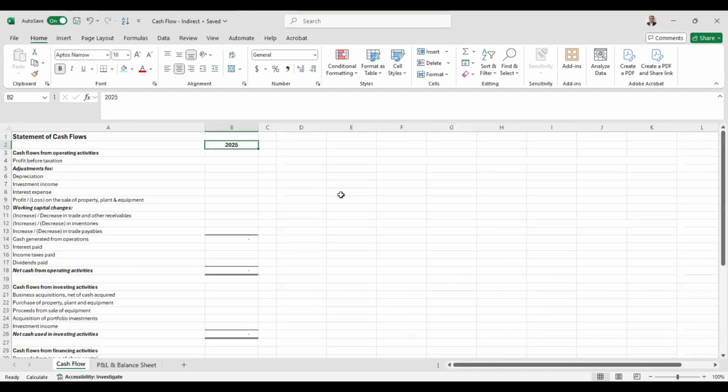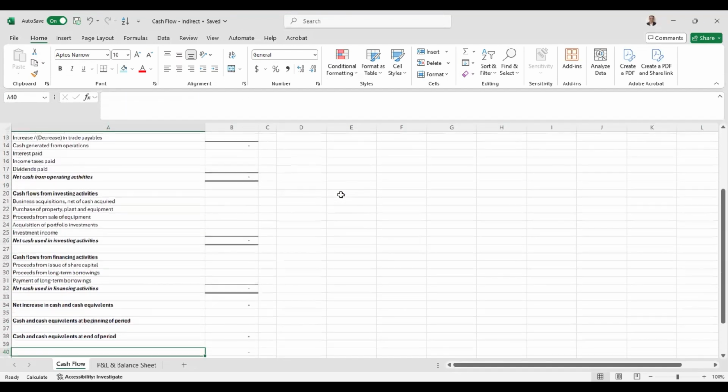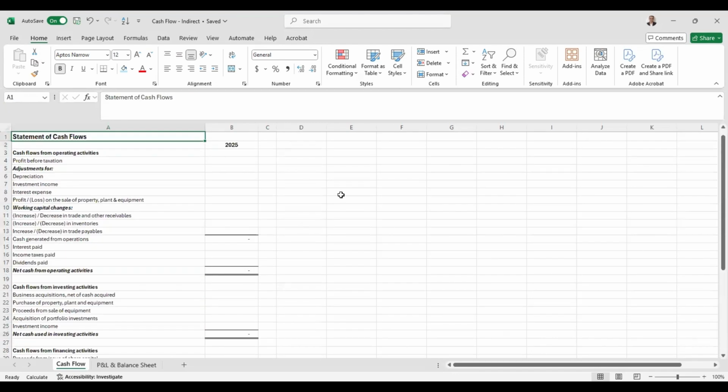Now you will be using this set of information to prepare a projected cash flow for 2025. Now, this is the format of cash flow. I have listed down the entire format for your reference. Maybe in our example, we may not be using all of these lines, but it's important for your understanding. So, like I said, I'll be preparing the cash flow using the indirect method. So, we'll start with